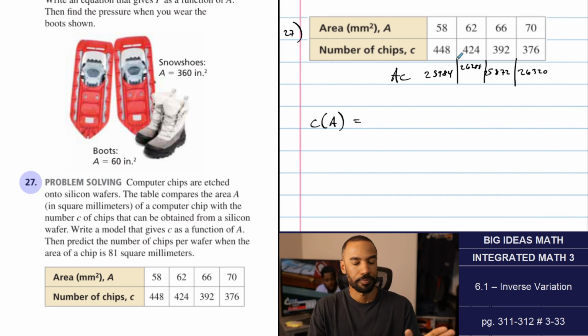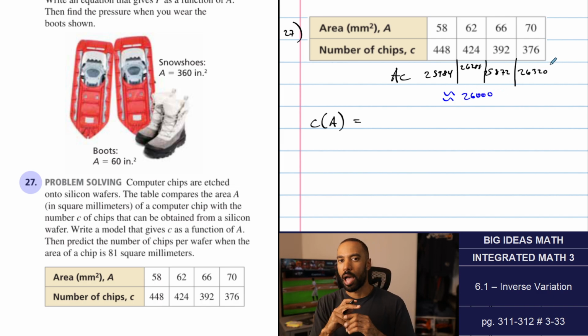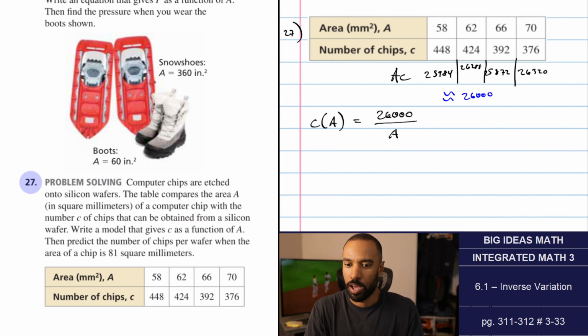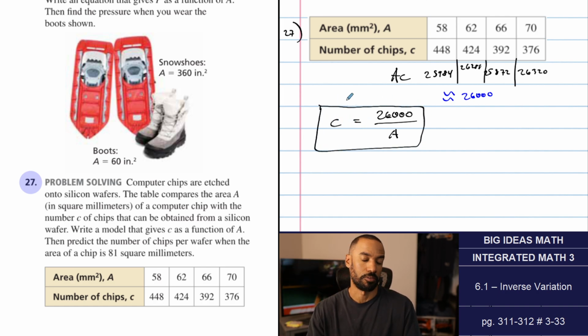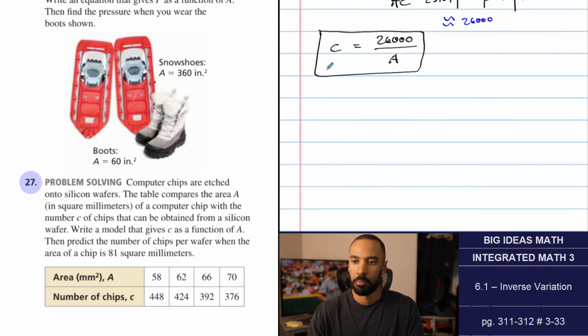I'm going to make an executive decision and state that these are all around 26,000. So I'm going to use it that way for inverse variation here. It's 26,000 over A. I'll just put C, I don't need to put C of A. So here's an equation that I can use. It said a model. It said predict, it's not evaluate. Predict the number of chips per wafer when the area of a chip is 81 square millimeters. So when you substitute 81 into there,